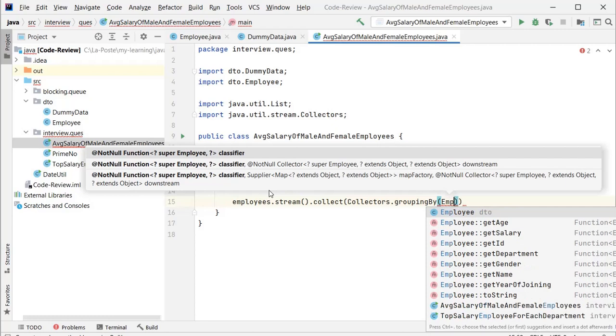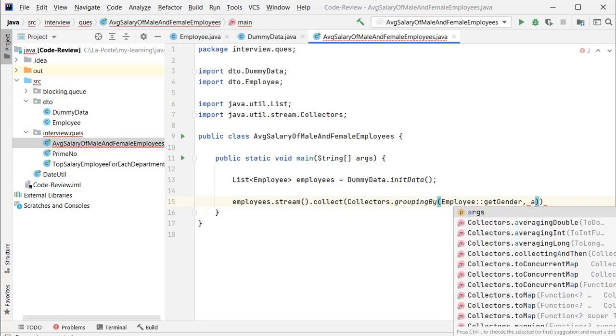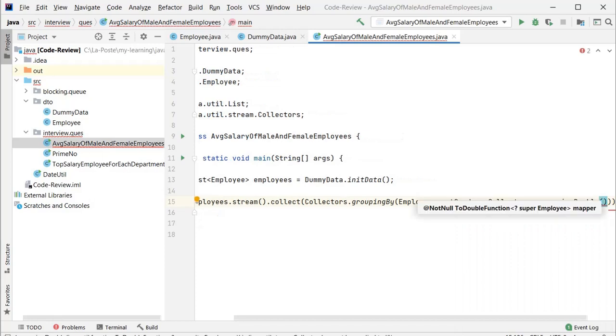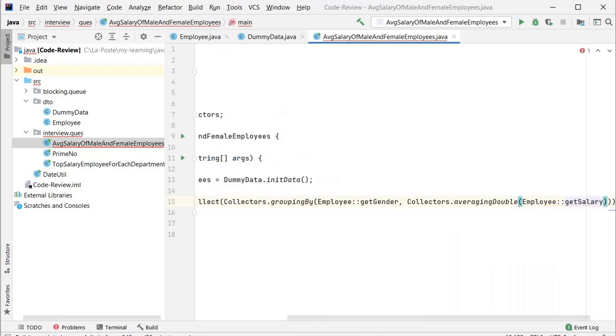So for Employee, you can see gender, and I'll use here Collectors.averagingDouble, and inside I will also provide the field for which you want the average. So for salary.